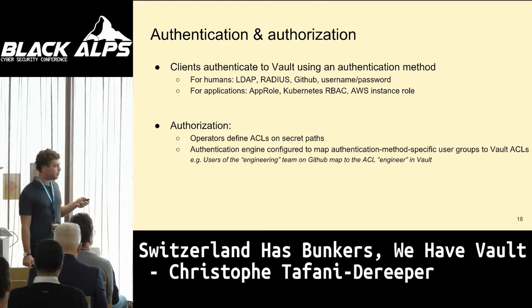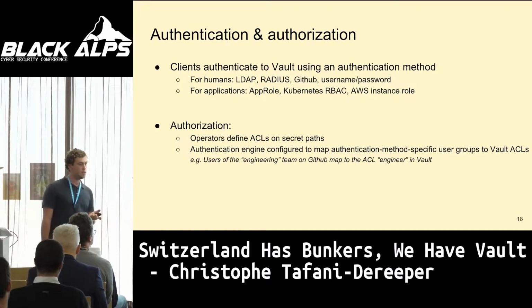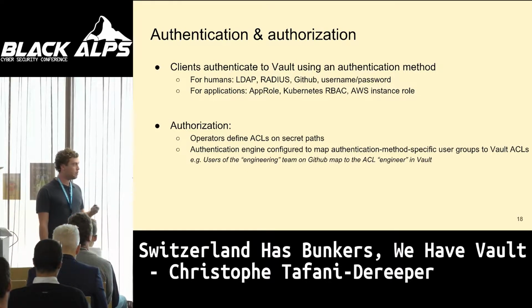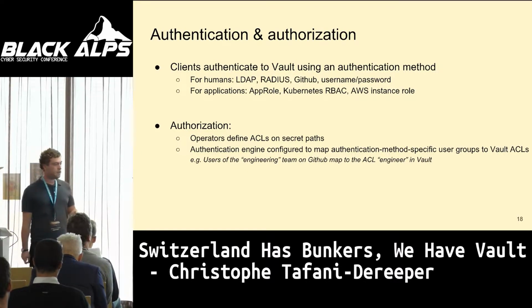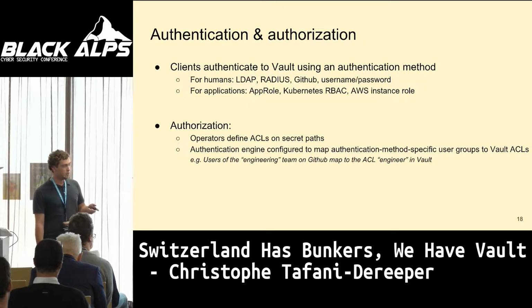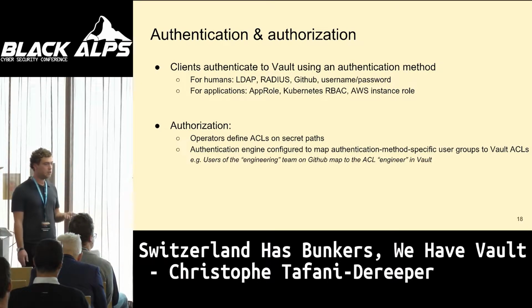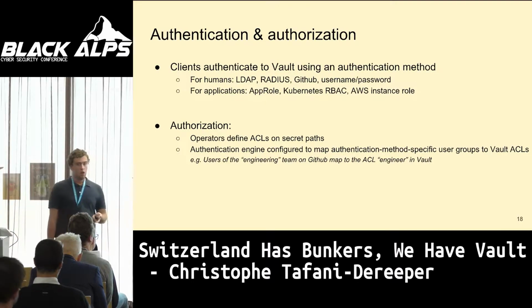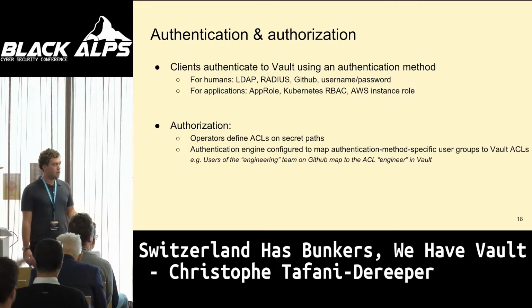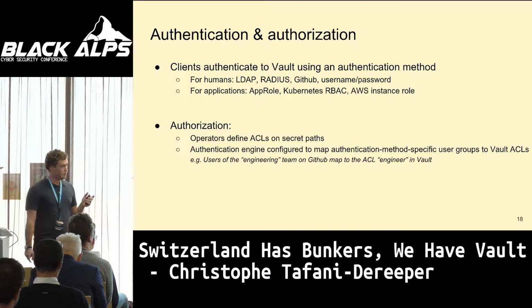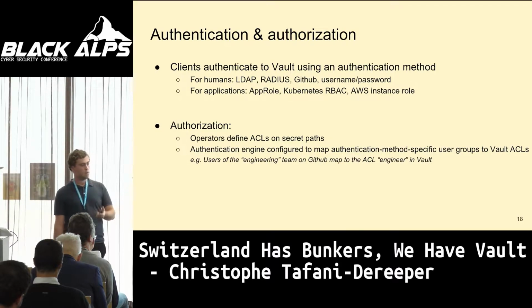And then for authorization, so defining what level of access you want to give each user to Vault, you can define some policies in Vault, some ACLs that define which level of access you grant to each user or each entity. And then what you typically do is to configure the authentication method to map an external identity to specific policies in Vault. So the typical case is that you have a LDAP server with some organizational units, and you map each of these units to a certain set of permissions in Vault.